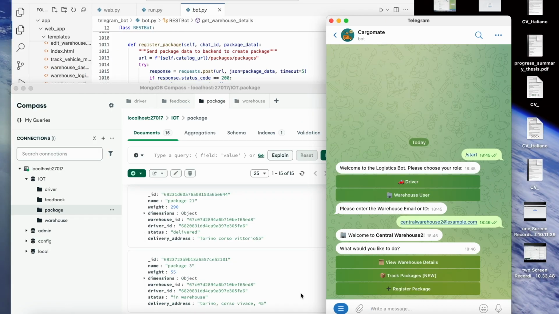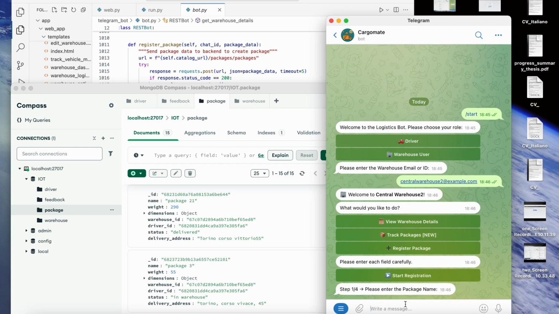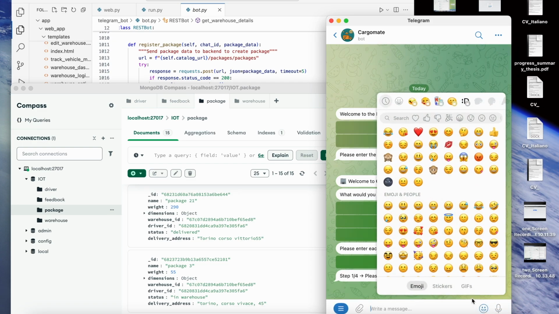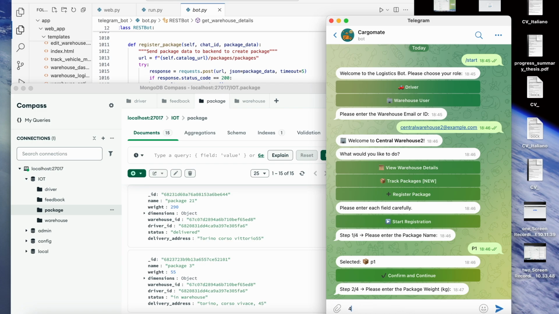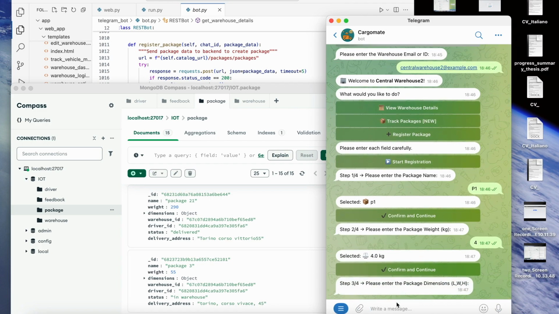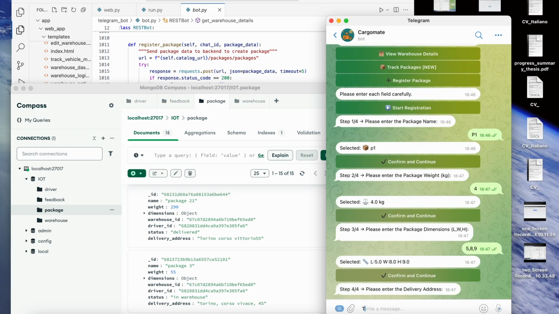Available for the warehouse user is the register package option. This option allows warehouse staff to register a new package so drivers can see it and pick it up later. To do this, the user has to answer 4 different questions. For example, here we can do it. And at each step, after answering each question, they have to confirm and continue. For example,